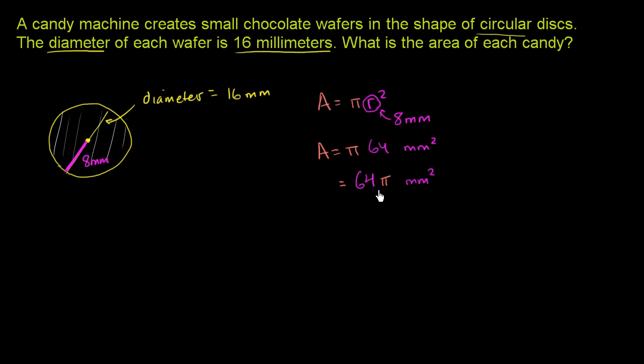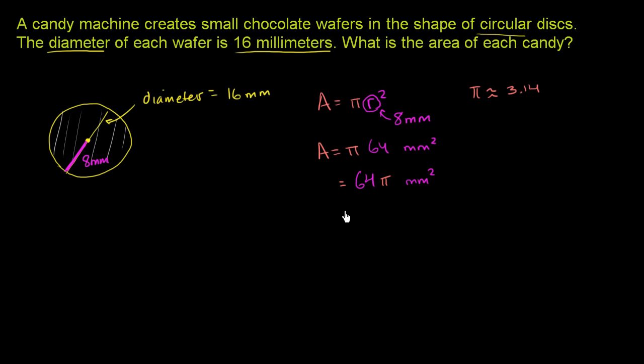Now, this is the answer, 64 pi millimeters squared, but sometimes it's not so satisfying to just leave it as pi. You might say, well, I want to get an estimate of what number this is close to. I want a decimal representation of this. And so we could start to use approximate values of pi. So the most rough approximate value that tends to be used is saying that pi, a very rough approximation, is equal to